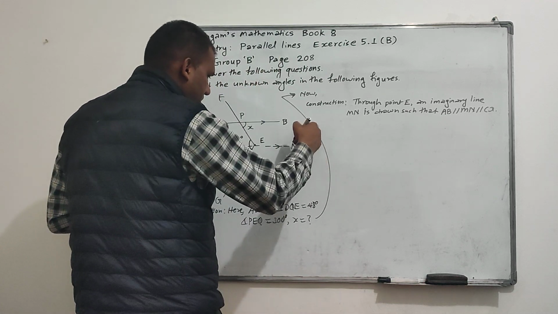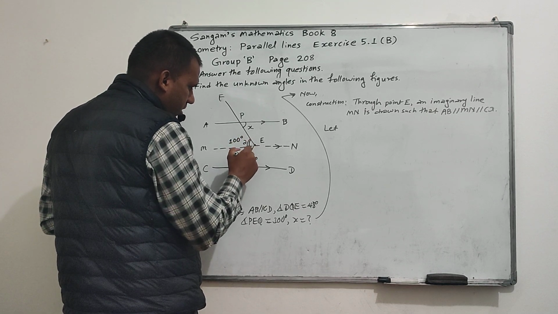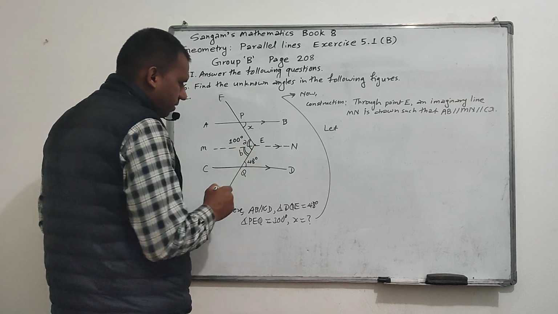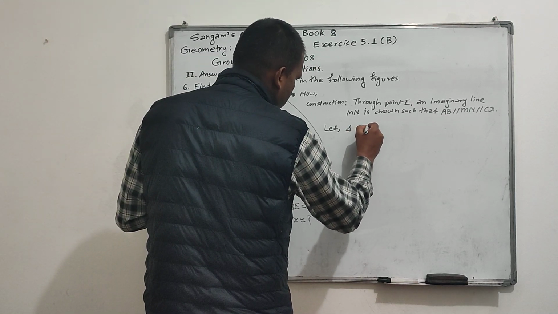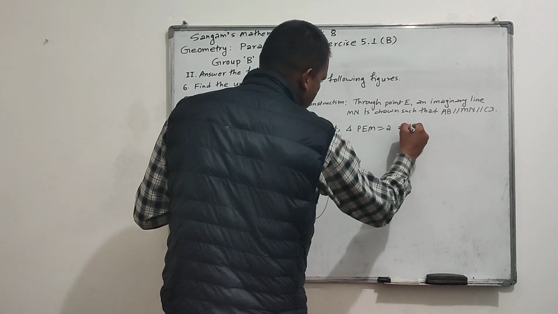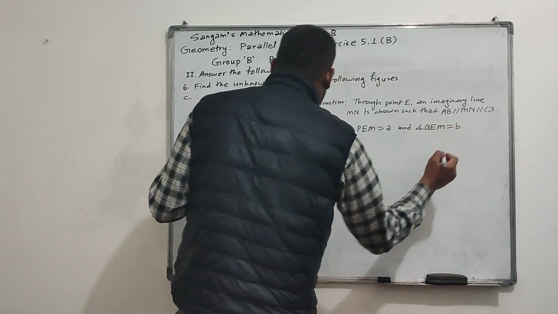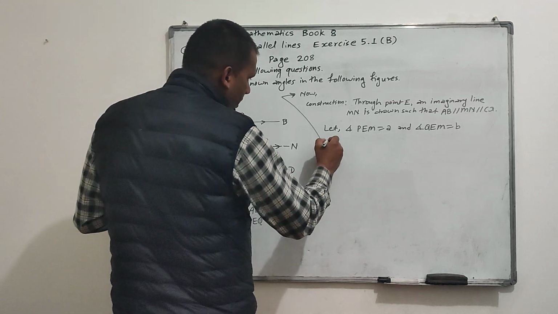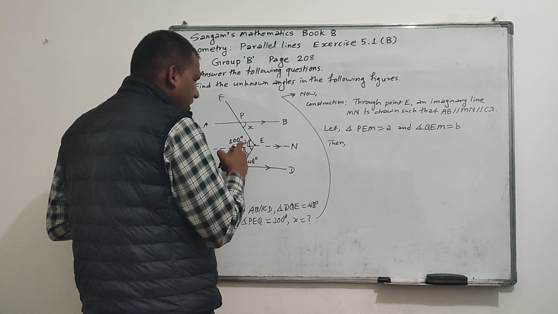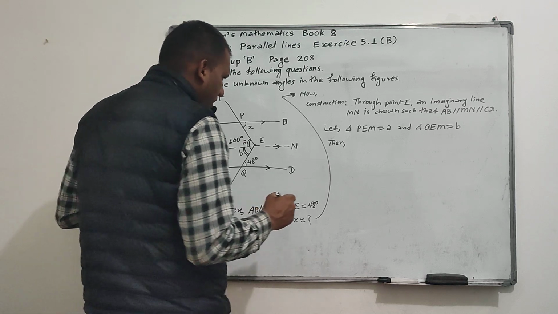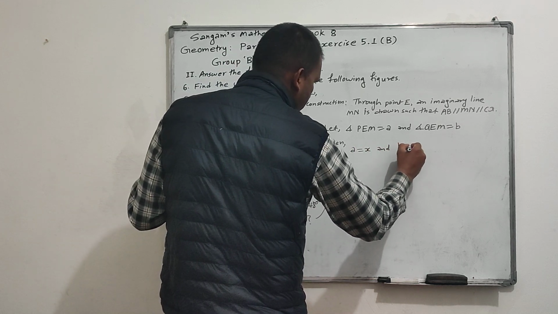Then let the upper part of 100 be A, lower part of 100 be B. That angle PEM equal to A, and angle QEM equal to B. Then B and 48 are alternate angles. A and x are alternate angles. So then A equal to x and B equal to 48 degree,